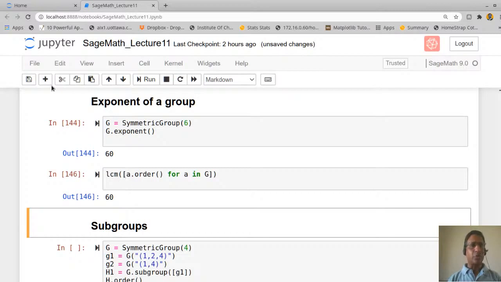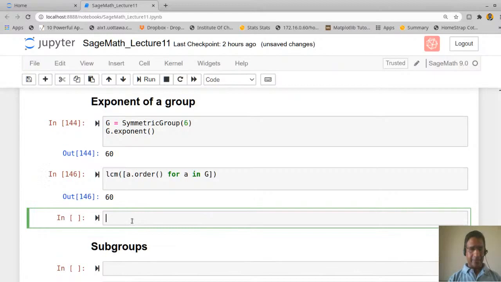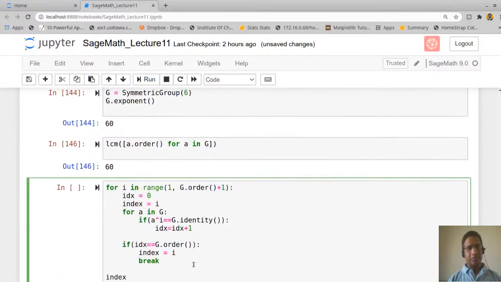Or you can write a small loop. So what is done in this case? I varies from 1 to n, where n is the order of the group, because the order cannot be 0. When we are taking the range, it will go one less, that is why I have added 1. Then the index starts with 0, and we print the index.